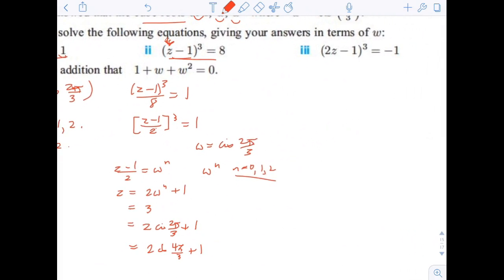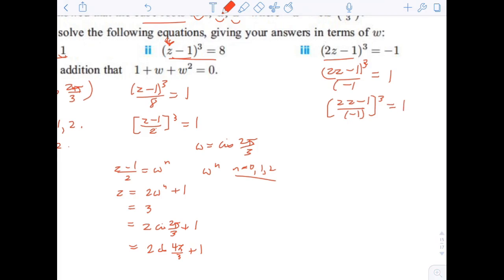Okay, let's look at the third one. So this one has 2z minus 1 cubed equals negative 1. Remember again that on the right side we need to have 1. So we're going to divide both sides by negative 1. And we'll get 2z minus 1 cubed divided by negative 1. And then we're going to try to group it inside the cube. So we'll get 2z minus 1 divided by negative 1, cubed. That works too, right? Because if we cube the negative 1 in the denominator, it becomes the negative 1 we have here,